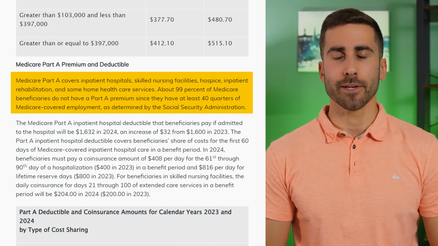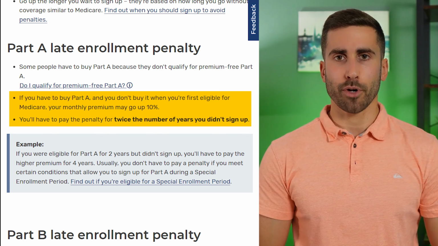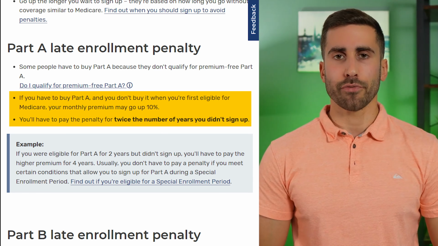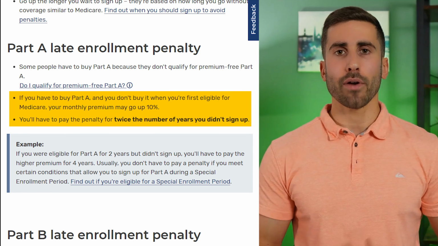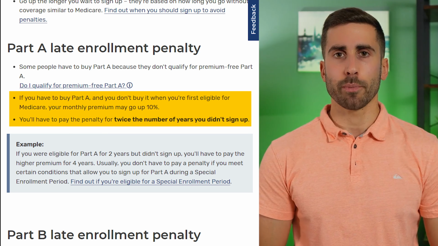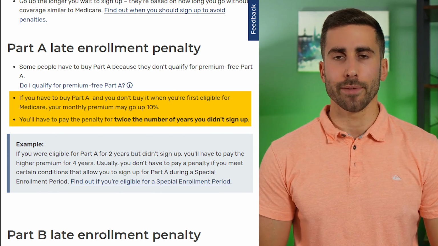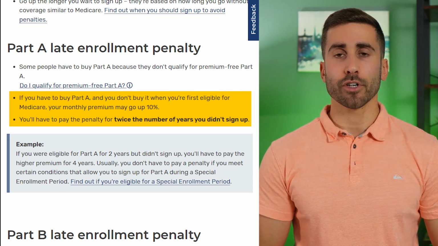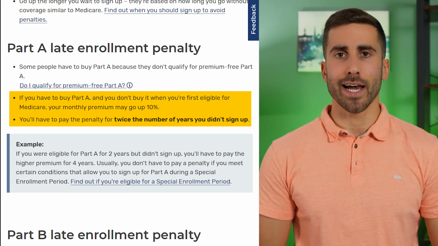the Part A penalty. Now, according to Medicare.gov, if you do have to pay a Part A premium and you do not sign up when you're first eligible for Medicare without having proper employer coverage or access to a special enrollment period, your monthly Part A premium might go up 10% when you do eventually need to enroll in it. You'll have to pay the higher premium for twice the number of years that you did not properly sign